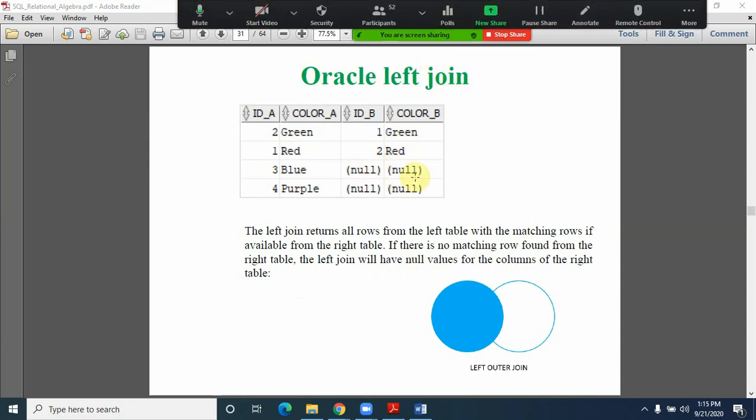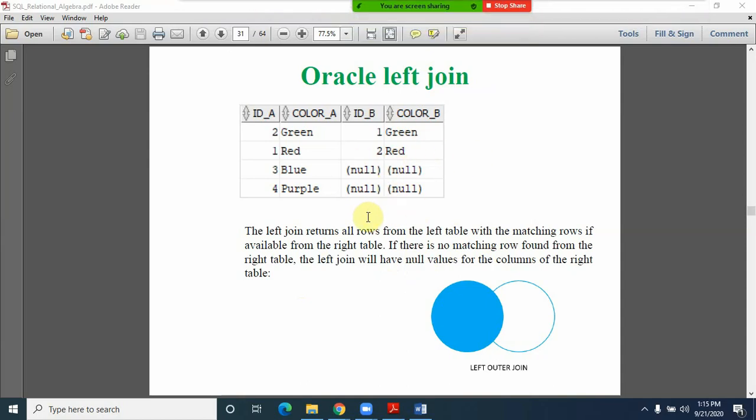If the appropriate information is not available, if the matching records are not found in the right table, automatically the left join returns null instead of those values. And from this Venn diagram you can clearly observe, friends, we are not taking any record which is not matching with the first table, and of course the matching records you can observe here. So the matching records along with the complete records from the left table can be observed in the left outer join.